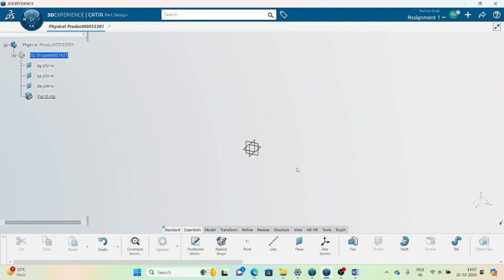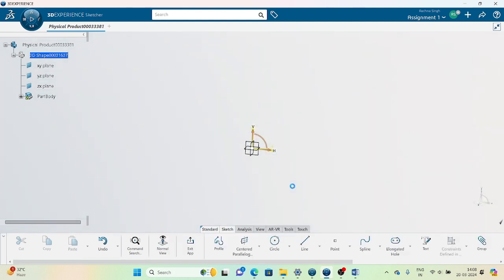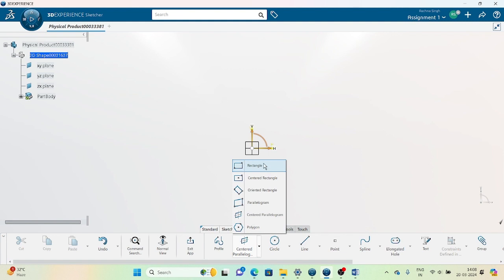So now we'll start with the rectangle command. At present we are in the part window. But obviously we need to make a rectangle, so for that we need to go into the sketcher window. We'll come to the action bar, click on position sketch and click on the plane in which we want to work. Now you can see just next to the profile command there is the rectangle command, and